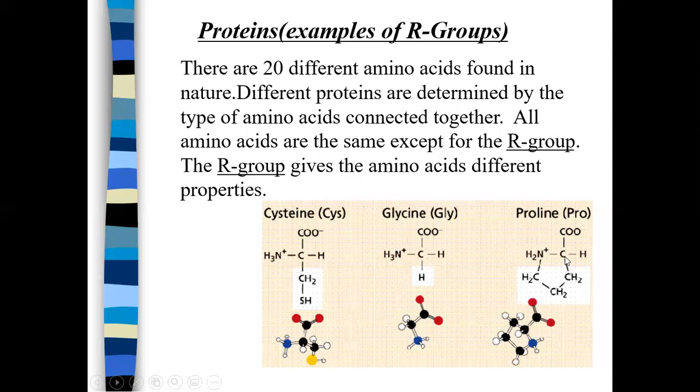Similarly, if we replace the R group by a simple chain or 3 carbon compound, another amino acid is formed. In simple words, you don't have to learn about these in detail. Just remember their names. And remember that by changing the R group to any atom or group of atoms, we get a new amino acid. And such a new amino acid results in the formation of a new protein.